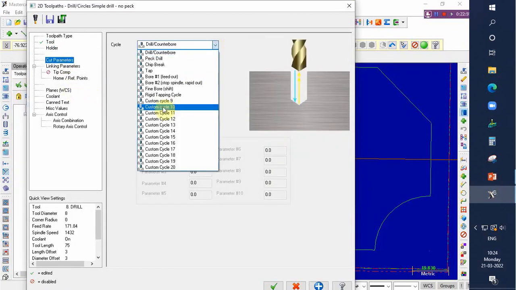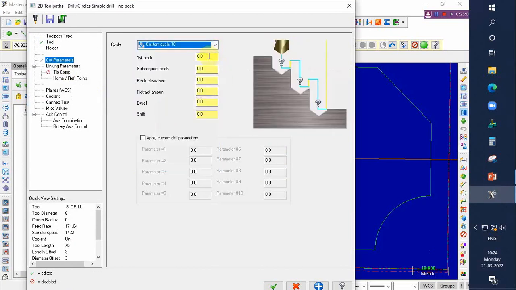Here just to open this, we can select any one of the custom, for example custom cycle 10. Now enter the values, first pecking and the subsequent peck 1 mm, peck clearance also 1 mm. You just give 1 for all. Dwell is nothing but say at the bottom of the drill we need better finish. For that we have to stay the drill bit for some rotations or for some seconds. Any value we can give to get better finish, and then go to linking parameters,